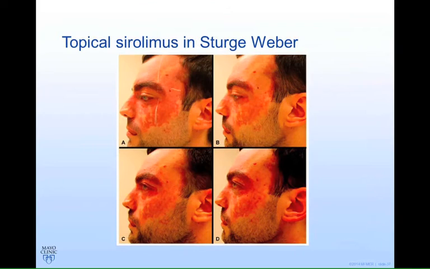This is a study looking at its use in Sturge-Weber. This was done in France. What they did is they broke up each person's capillary malformation into 4 quadrants. In part of it, they used topical sirolimus, part of it they used laser, part of it they used both, and in part of it they used none, no treatment. What they found is that the area treated with laser and topical sirolimus tended to respond the best. So this is promising, although the jury is still a little bit out on the true use and utility of this medication.